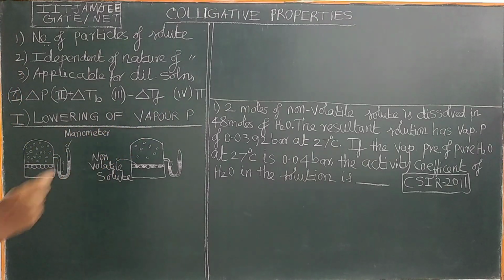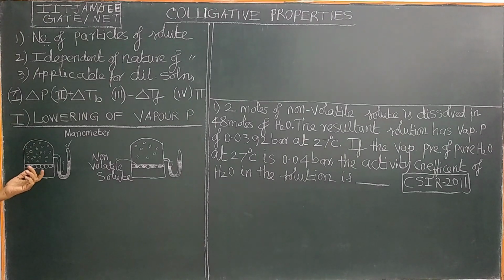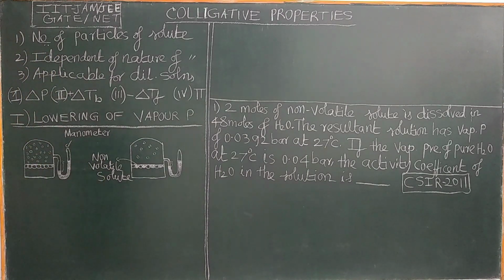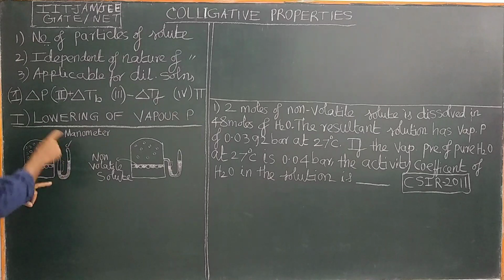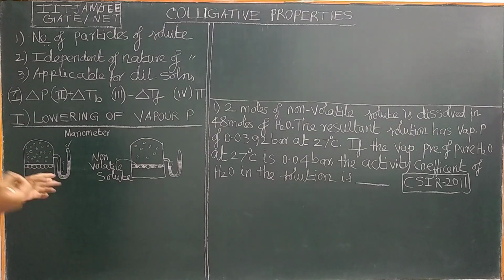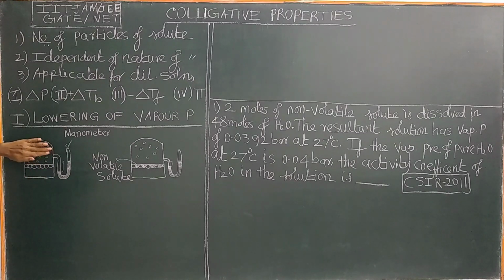Okay, now let us understand what is vapor pressure. For example, you take in a vessel a pure liquid, a pure solvent like water, benzene or hexane. Any solvent. For example, let us take water in this vessel. It is connected to a manometer to measure the pressure inside. When you take pure water, there won't be any vapors at first.